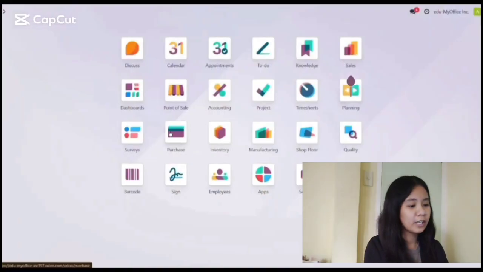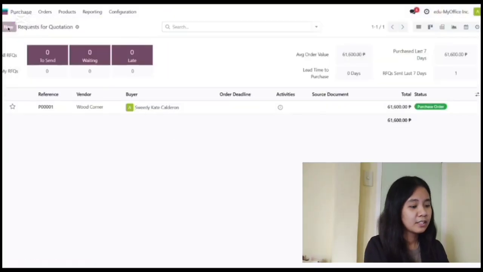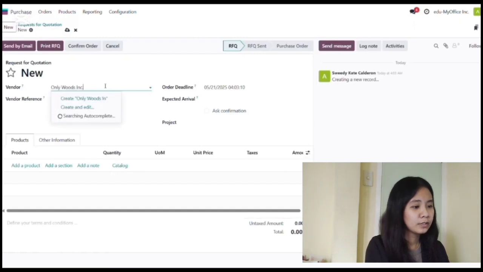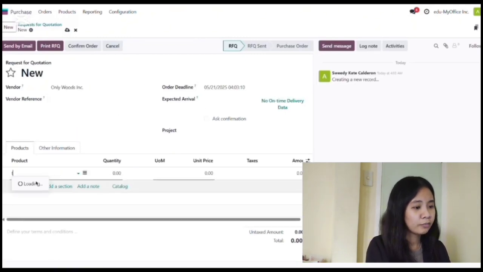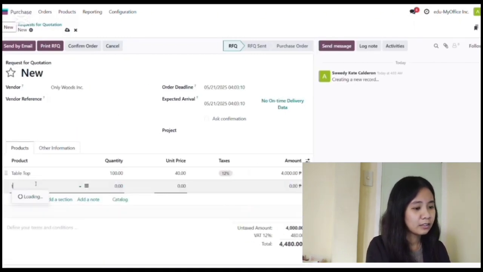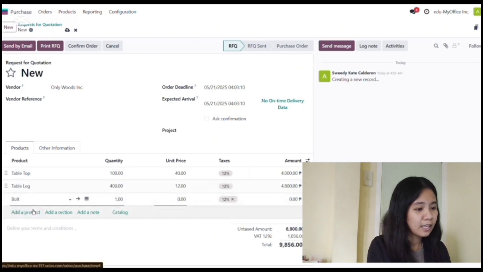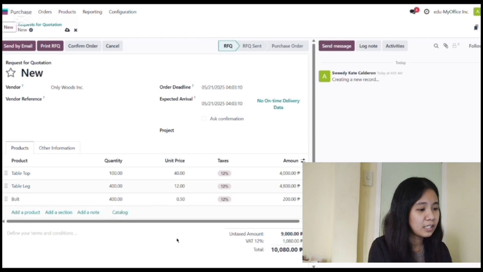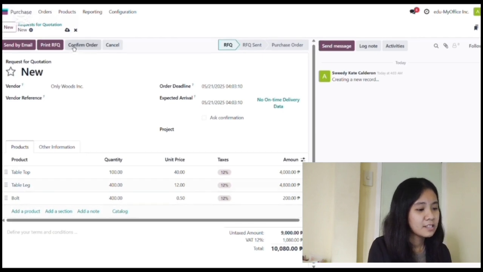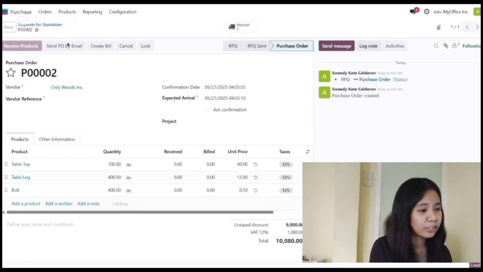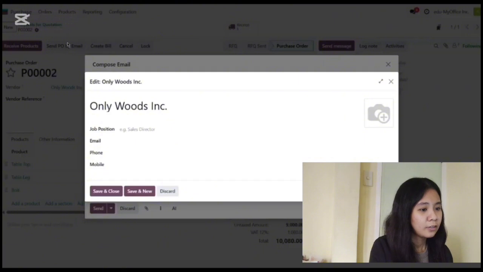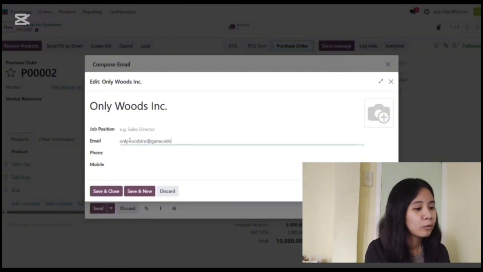To purchase raw material, we will click purchase, then click new, then type Only Wood Incorporation, and then add product, tabletop, then add table leg, bolts, and then change the quantity and the unit price. Then we will confirm order, then receive products. We will type the email,